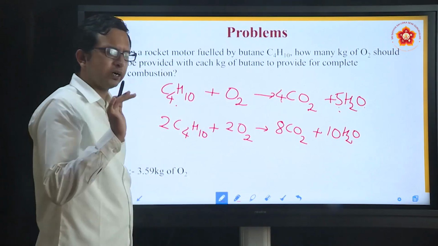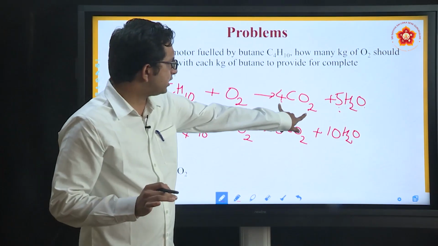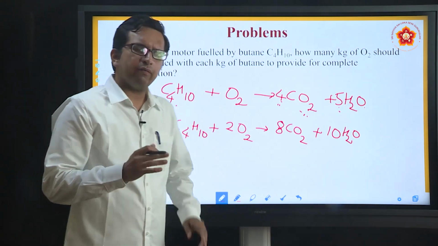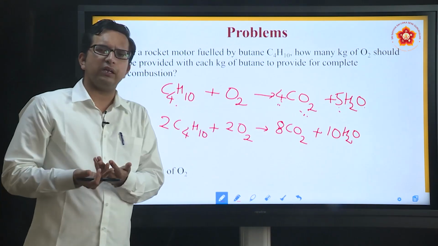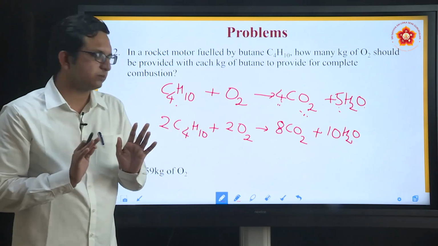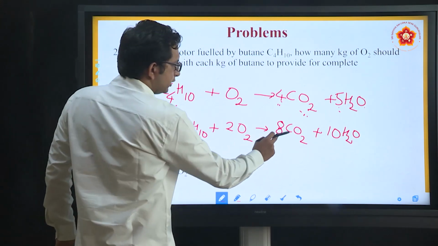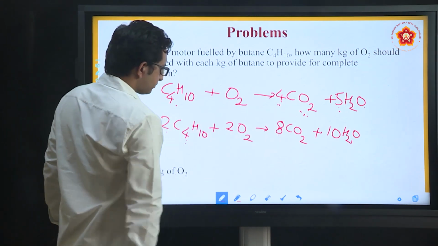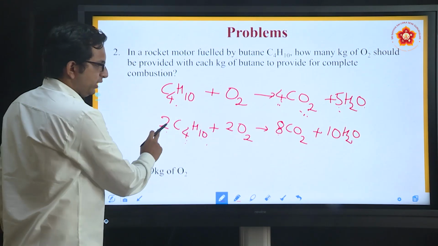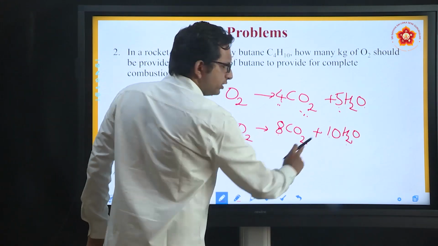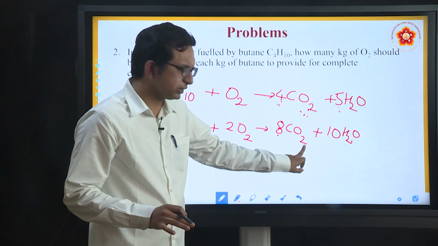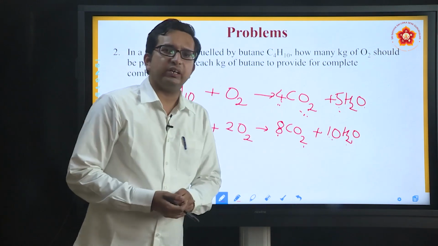Now why did I do this multiplication? That is very important to be understood, because I realized that the number of oxygen here is an odd number, 4 2s are 8 plus 5. And when it's an odd number, it will be difficult for you to balance. So I just wanted to make it into evens. So when I went for evens, what happened here? Carbon is still balanced. 2 into 4 is 8, it's still 8. 10 into 2 is 20, whereas here it is 10 into 2, it is still 20, that's also fine. Oxygens now if you see, 8 2s are 16, plus 10, it's 26.